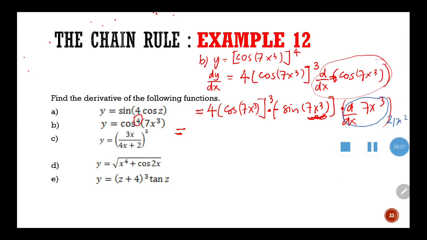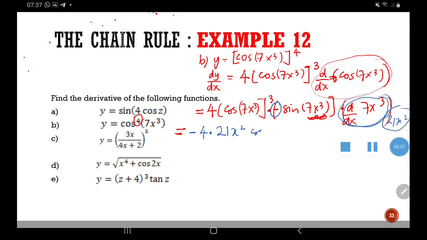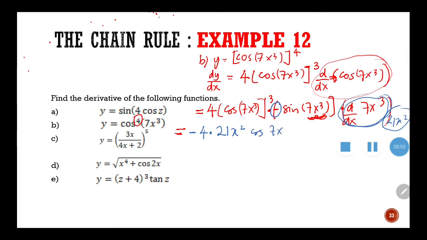So 21x squared, I put in front. The negative, I also put in front. 4 times 21x squared. For this one, the differentiation of this is cos 7x power of 3, everything power of 3, times sin 7x power of 3. So you may simplify the answer. Final answer you will get negative 84